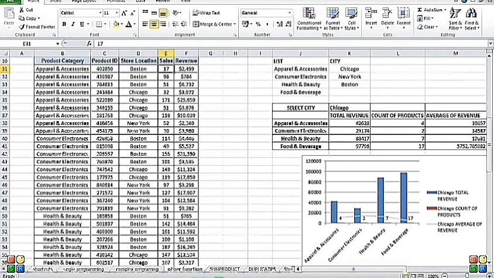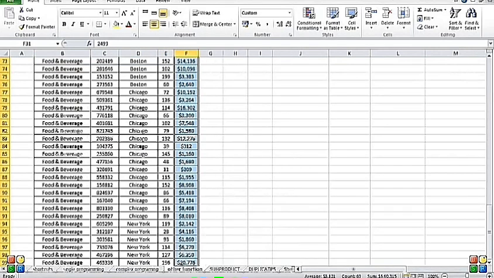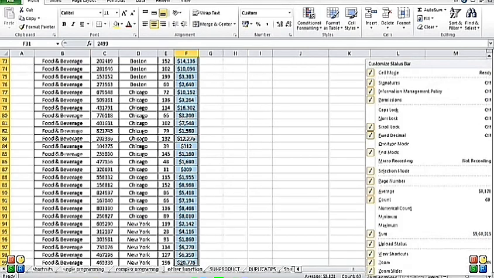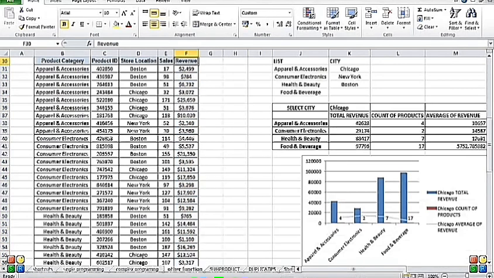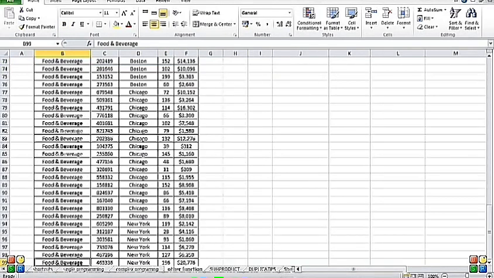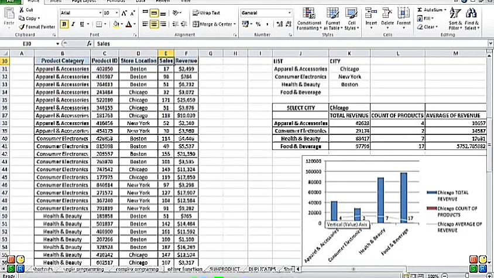It even shows you average and count. You can also edit sums and other functions here. If you want to see average, count, numerical count, minimum, or maximum, you can just put a tick here and it will appear as a summary. If you put a tick on minimum, the minimum appears. So these are all the ways to use the Control key. I just tried to help you on that, because of navigating in Excel, this is a requirement first of all.